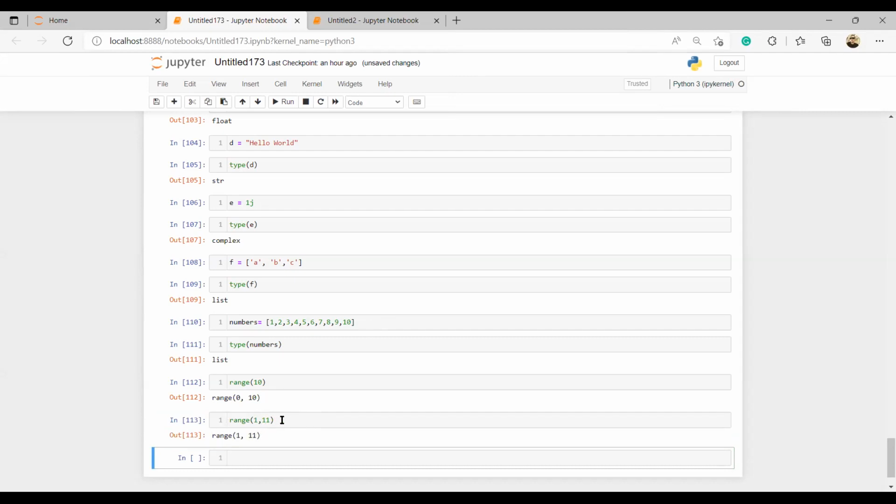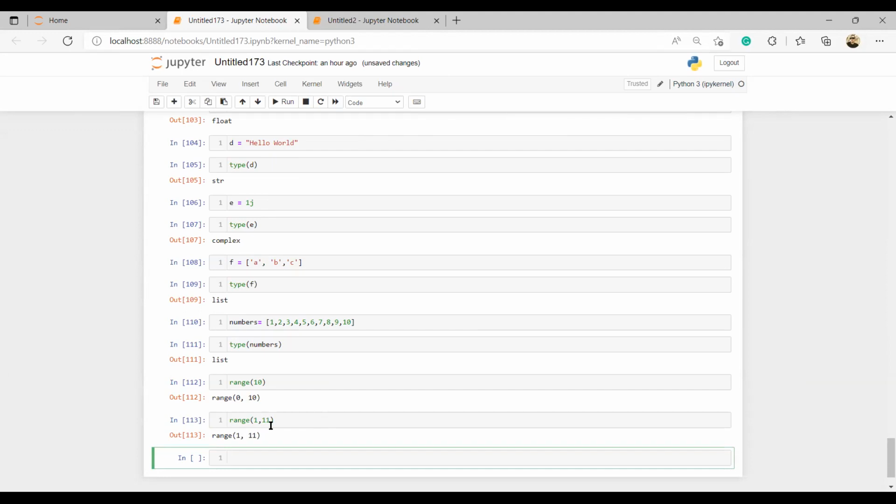What I want is to bring it out as 1 to 10. This one means 1 to 11, so it will not start from 2. It will start from the original 0 unless I define the range here. This one I'm defining here.